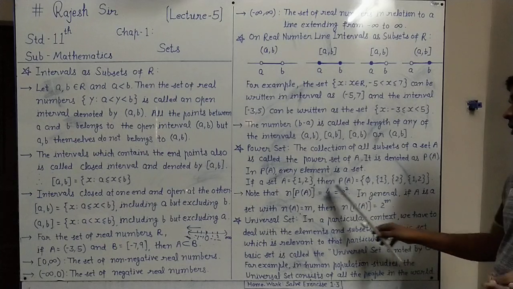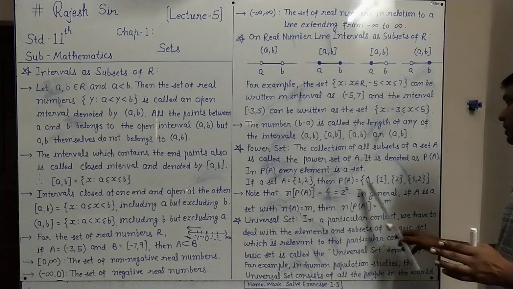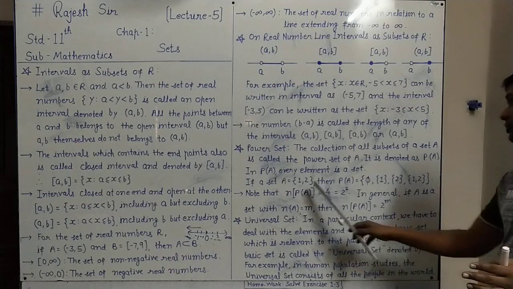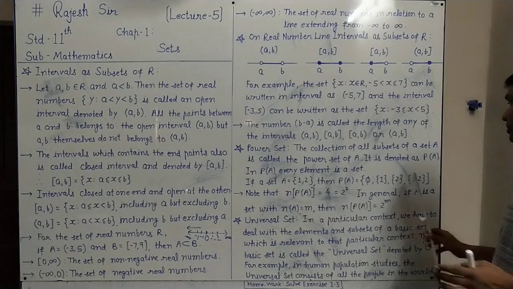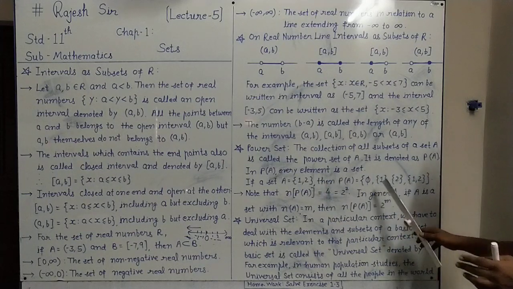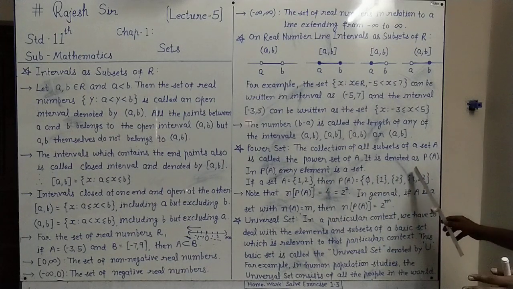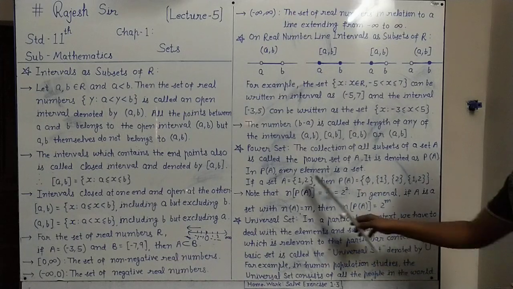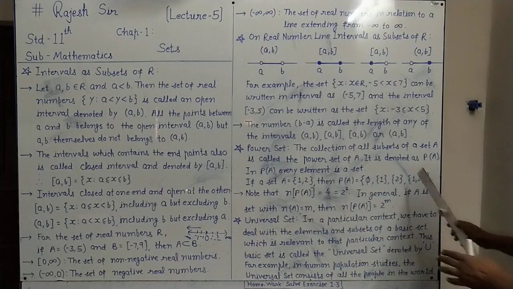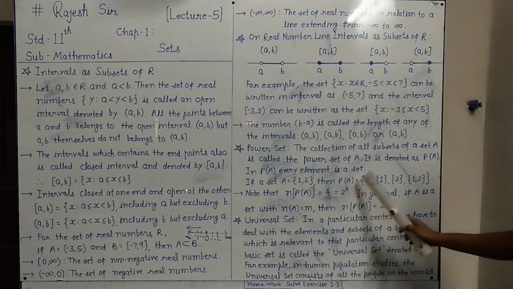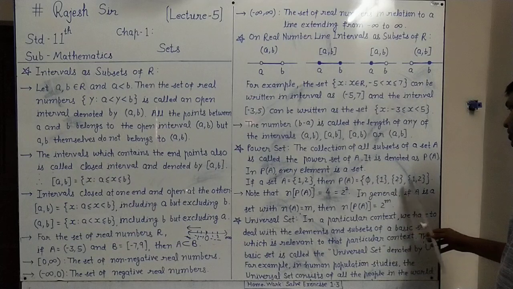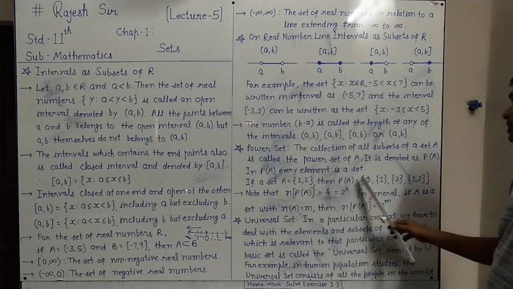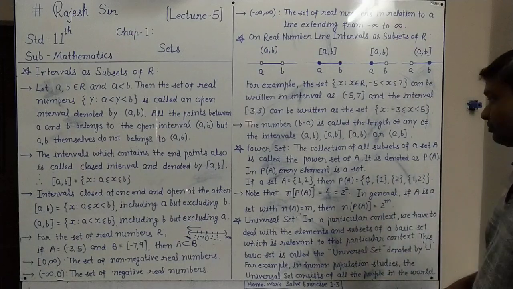First is the empty set. Then each single element is a subset. {1} as a set is a subset of this, {2} as a set is a subset of {1, 2}, and {1, 2} itself is also a subset. So ∅, {1}, {2}, {1, 2}. All these are subsets of the set {1, 2}. So the set of all these subsets is called the power set of A. And you can see here each element of this power set of A is a set. So every element is a set in a power set.